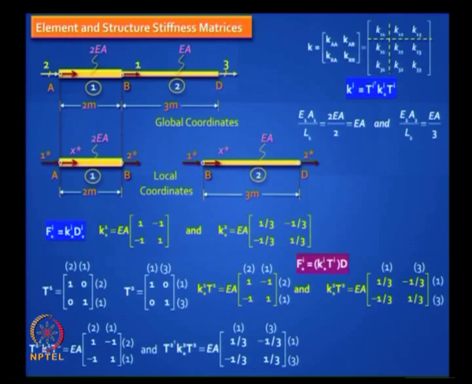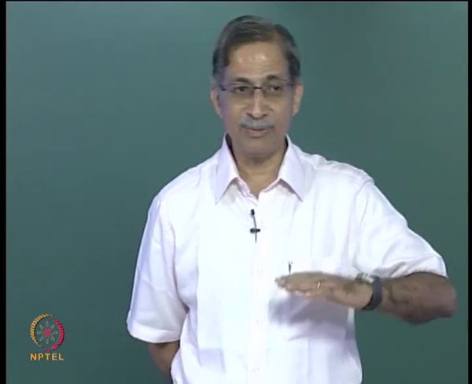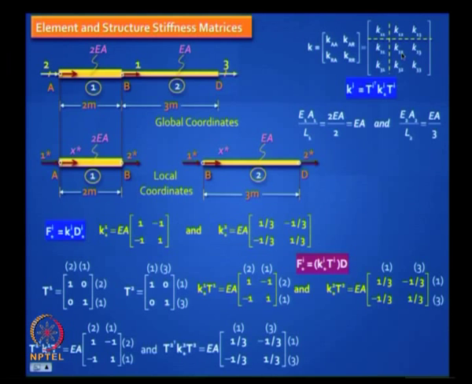What do you do next? You have now converted the element stiffness matrix from local axis system to global axis system with the linking coordinates. You have to now put it into the slots. Remember, this matrix 2 2 will go here, you understand, 2 1 will go where, 1 2 and 2 1 will be symmetric, we can put them either way. So you have to put it in the correct boxes.